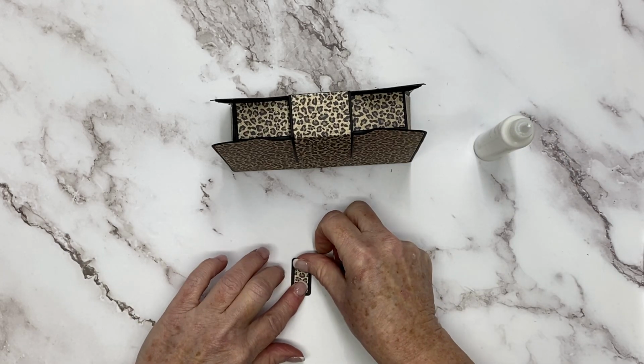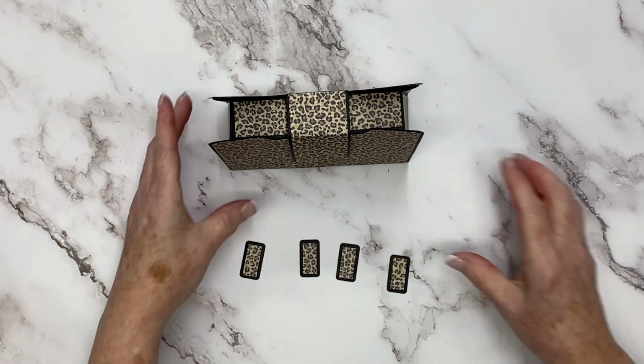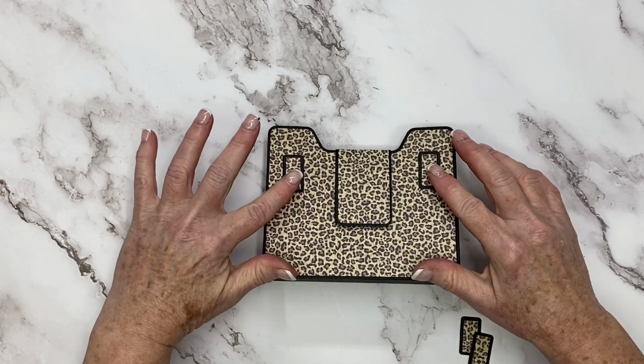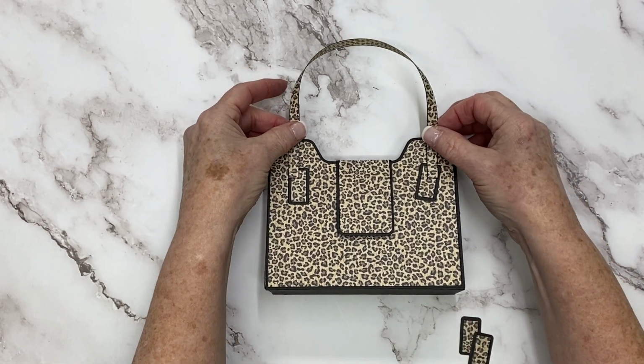And those panels go into position like so. And then for the magic of editing, I've now got 4, because you need 2 for each side of your bag. They'll go into position like so, 2 on each side. And these are the pieces that hold the handle onto the handbag,